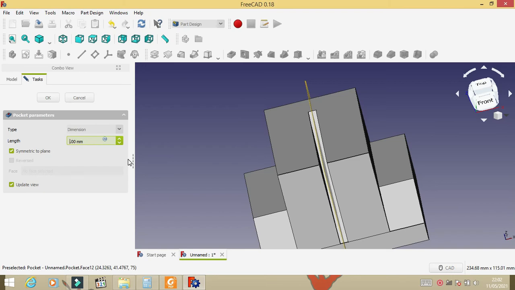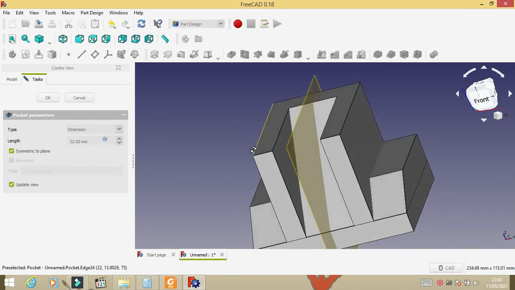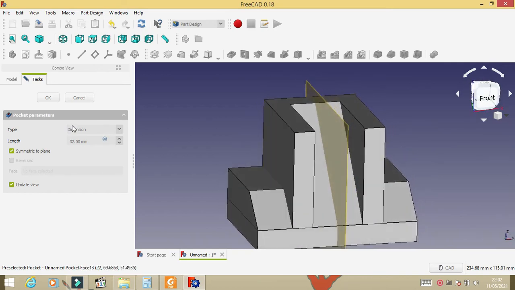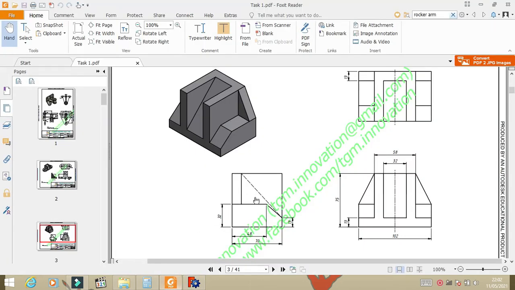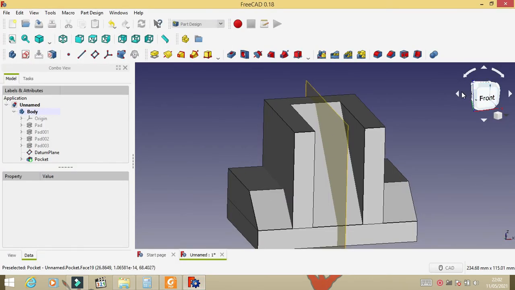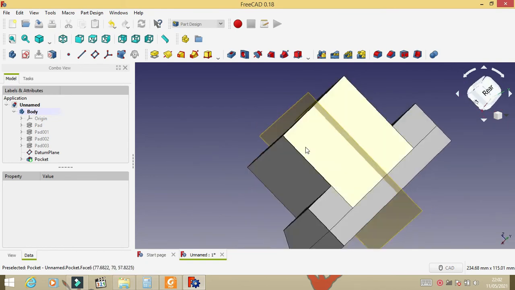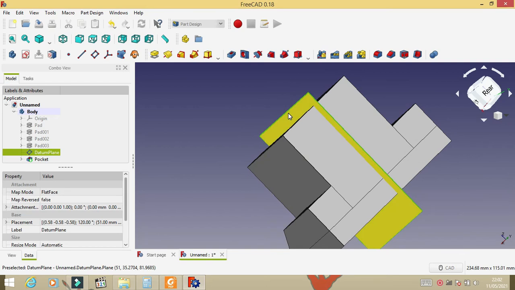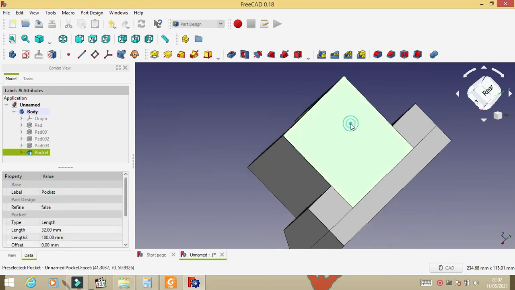Choose symmetric and the dimension is 32, and delete the plane.